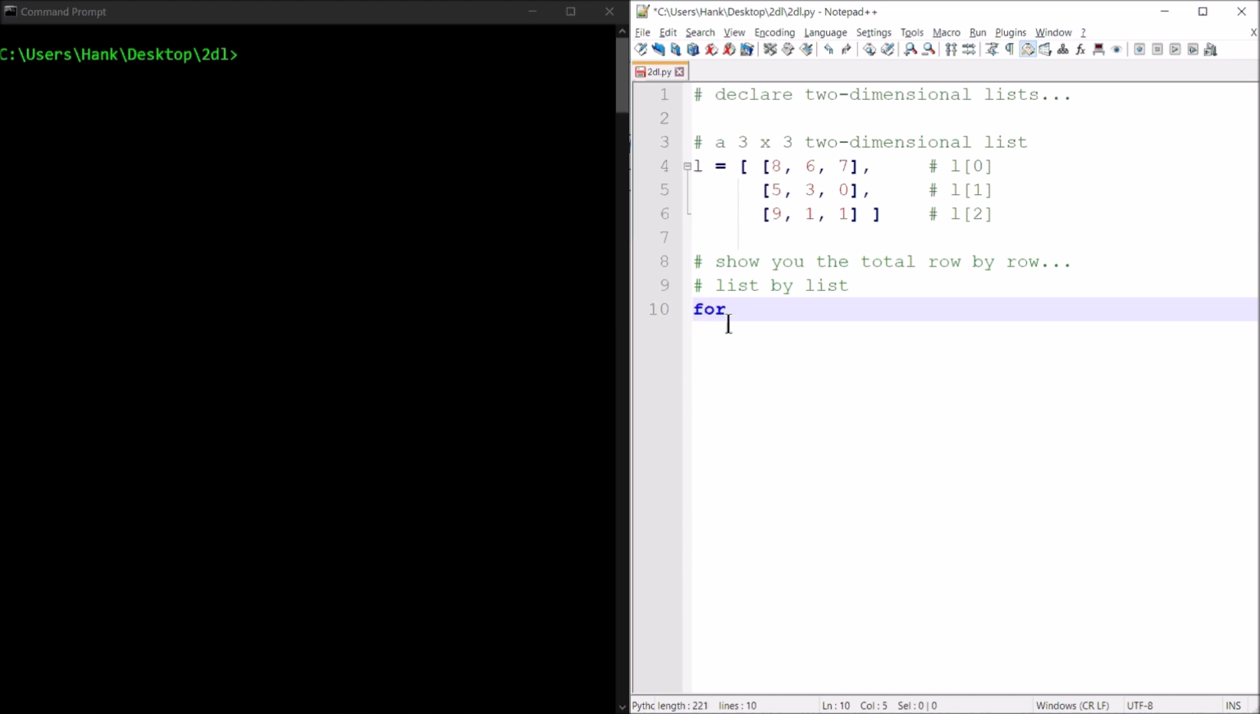So for each row in list L, what are we going to do? Well, I'm going to need a total variable that's going to add up all of the numbers in that row, all of the columns in that row. So we'll set that to 0, and then I'll have my inner loop here, and I'll say, for each column in the row, what will we do? Well, let's add to total